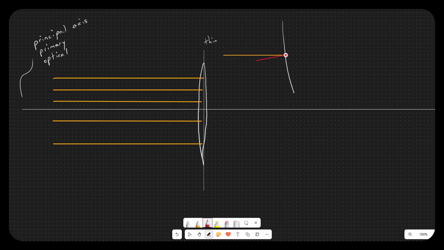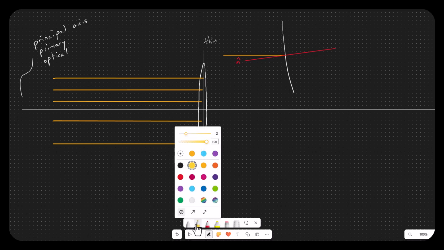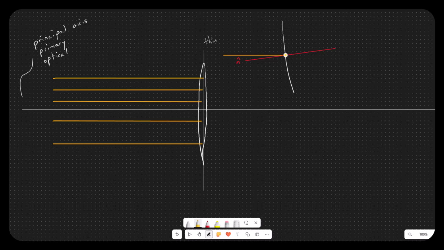I have a normal vector that points like this. I would have a continued path like this, but because I'm moving from air into glass, I have to bend toward the normal, so I'm going to bend up this way. Then when I hit the far other surface, I'm going to bend back away from the normal,